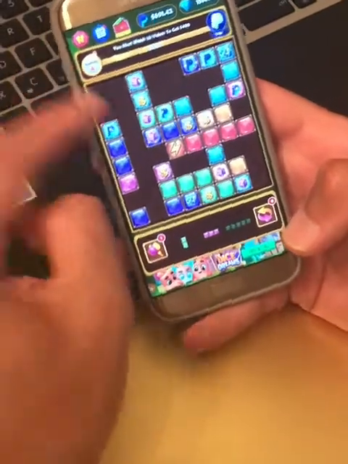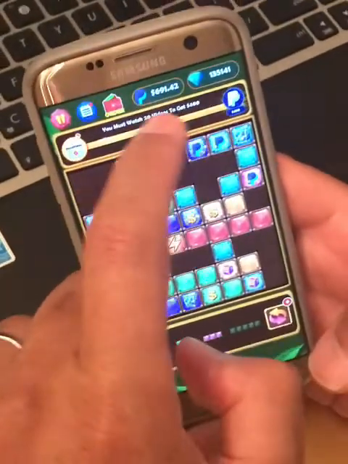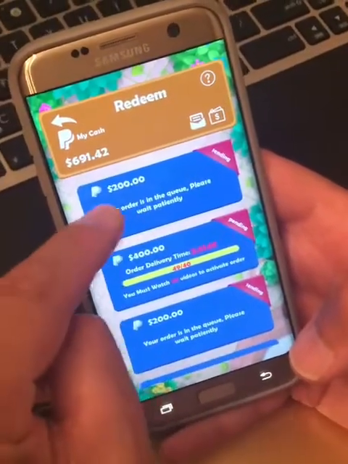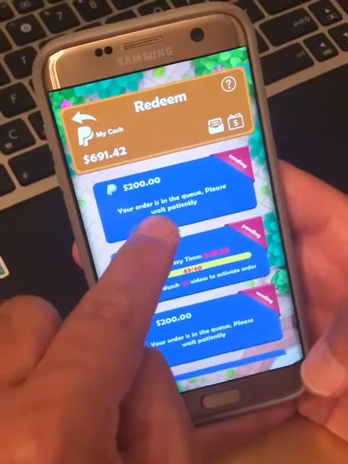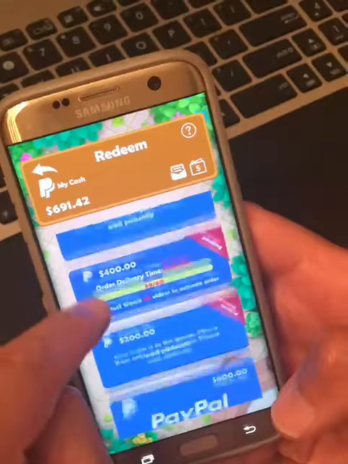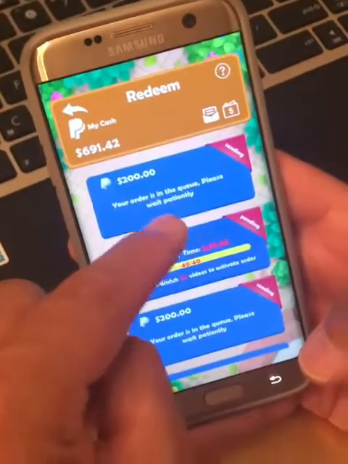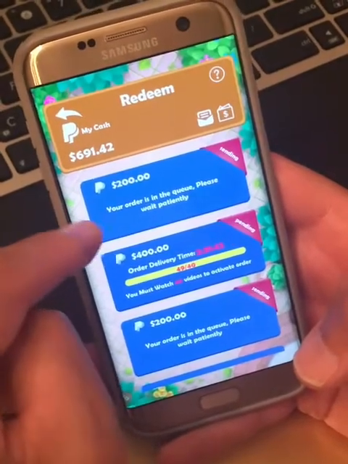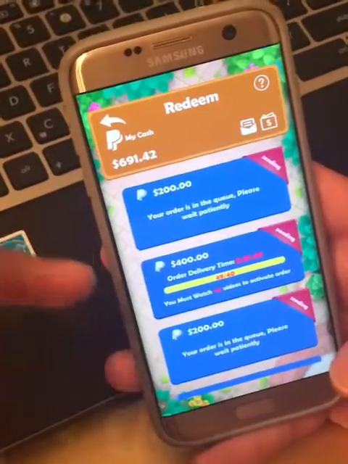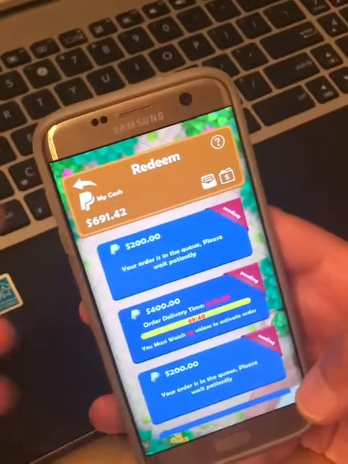And this is another example, and again, as you see, the game is designed a bit differently but operates in the same manner. So you cash out your money, and this time it says your money is being sent, and says your order is in the queue, please wait patiently. This is the case for a few orders that I have submitted, and as you see, there will be no money being sent or processed anyway. It's just a different way of basically saying the same thing: